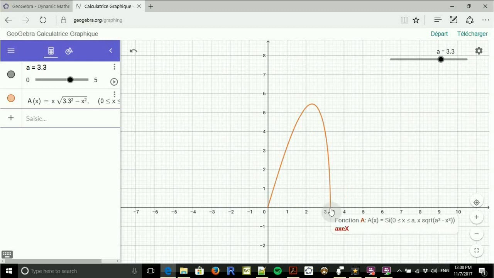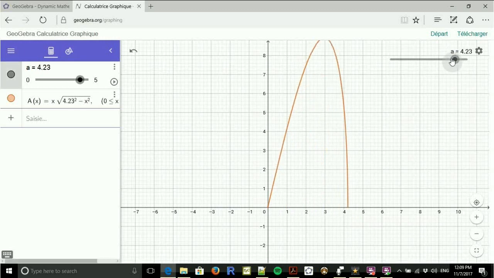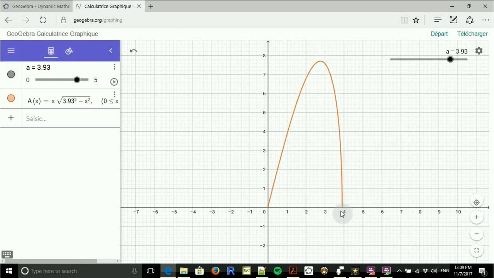we're graphing this function. And I actually noticed that the area is 0 at 0 and at a, as expected. And somewhere, it's not really in the middle, but somewhere within the interval, there's a maximum. And as I change the value of a, I can see that the maximum is changing, but relatively speaking, compared to a, it seems to be always located in the same place. Okay, so this is something we should expect to see when we're going to find out what the coordinates of the maximum are,